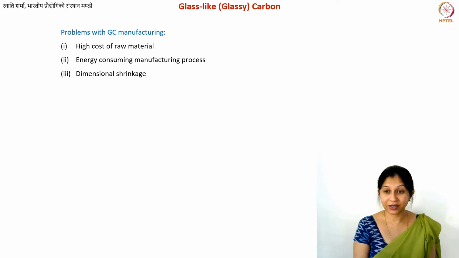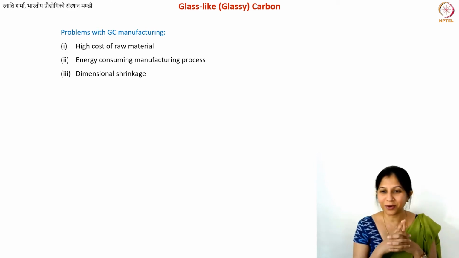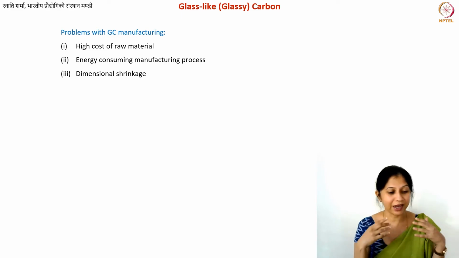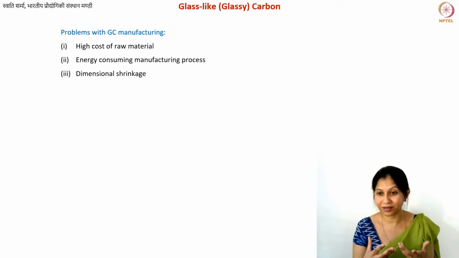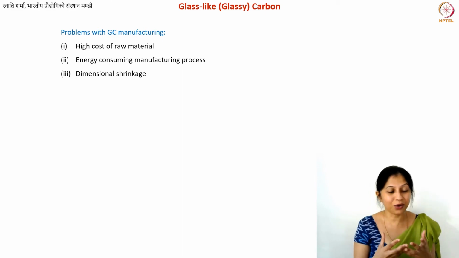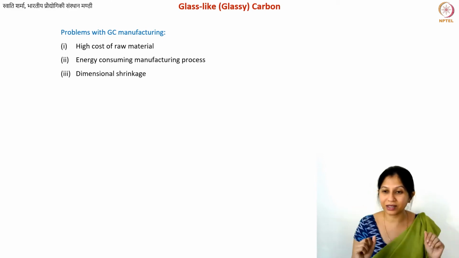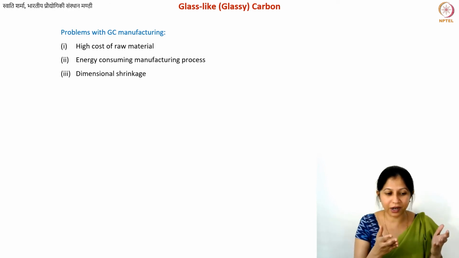Dimensional shrinkage. This is something we have not discussed in detail, but I will briefly mention it now: the material will shrink. Think about it. You use really expensive raw materials, and then you put them in the furnace, and you only get like 30% of it out. So you actually have a lot of mass loss. It is really putting your money into the furnace. So that is problem number one.